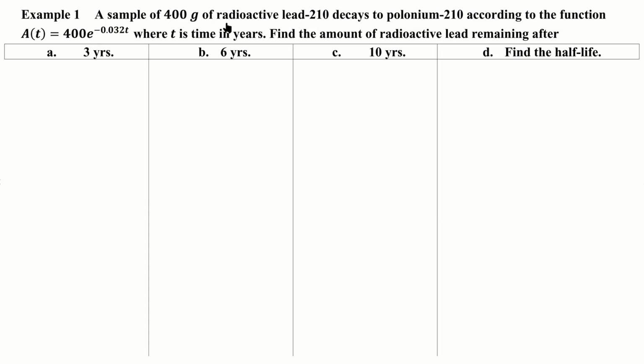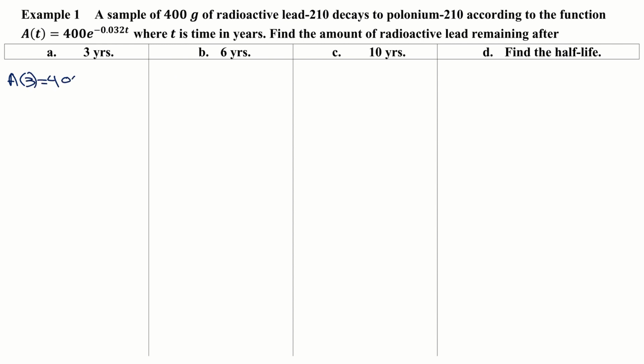All right, suppose a sample of 400 grams of radioactive lead-210 decays to polonium-210 according to the function A of t equals 400 e to the negative 0.032 t, where t is time in years. We want to find the amount of radioactive lead remaining after the following periods of time. Now, we know that basically we're going to be applying the same function, right? We're just going to be replacing the t with 3, 6, and 10 in the first three parts of this problem, right? So we want A of 3,